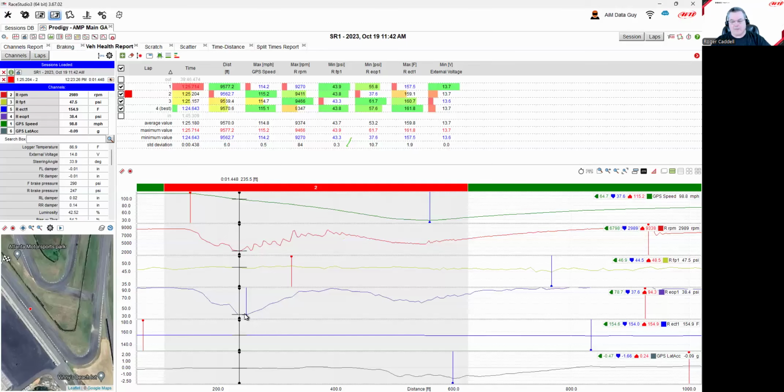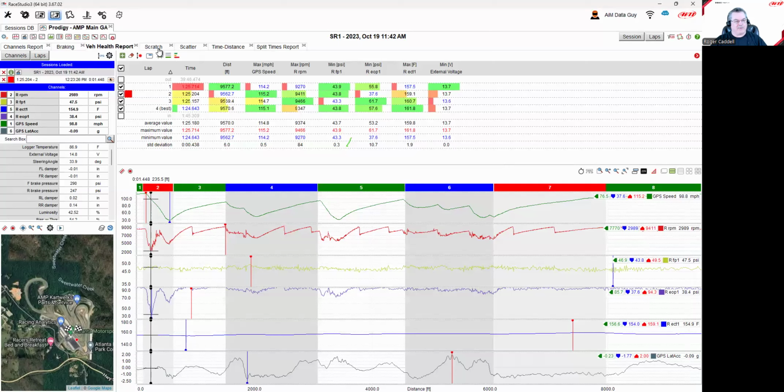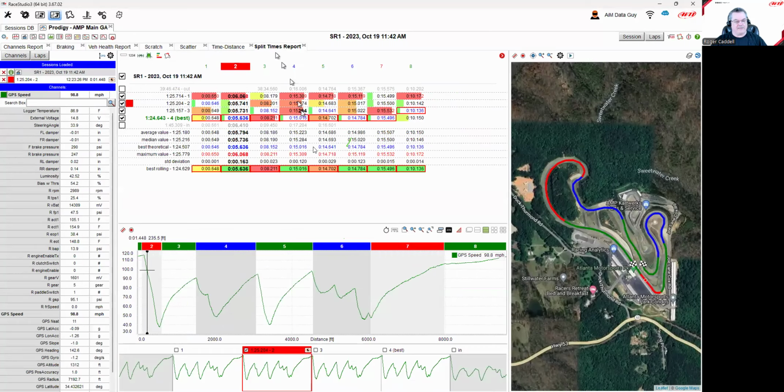So there isn't a big drop. It wasn't in a corner. It was in a straight line braking. We'll keep our eye on that to see if it does it in the future, but I think we understand it well enough to move on in our data analysis. So, vehicle health report. I'm going to jump back out to a full lap just so we can move on to the next one. I'm right at my time limit, but I wanted to go into one more thing,